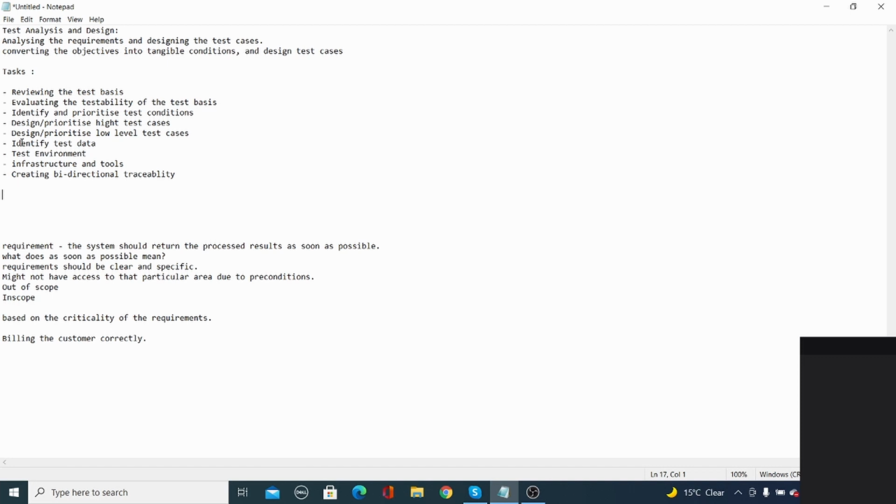When you prepare the test cases, I give you an example again: you have 10 requirements, but you have 50 test cases. You can't divide it so that each requirement has 5 test cases. One requirement might have 10 test cases, one requirement might have one test case. You might not have designed any test cases for some of the requirements, so you need to verify when you match them. When you match them, you will realize what requirements are covered and what requirements are not covered.